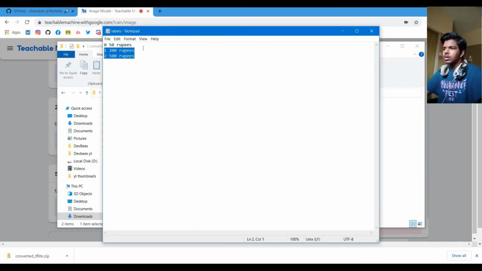The zeroth index contains the 50 rupee note classification. The second value, which is the 1 index value, shows the 200 rupees, and the third value, which is index 2, shows the 500 rupee classification. So this is all. Yeah, Ashna will show you how to use the same model and the .txt file in the next video. That is how to clone the repo and build your own Notify app.